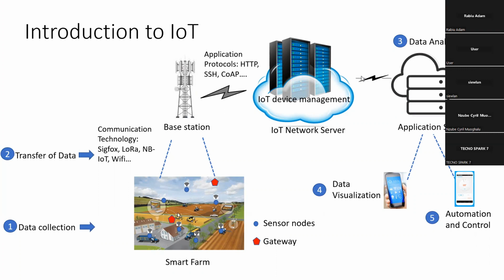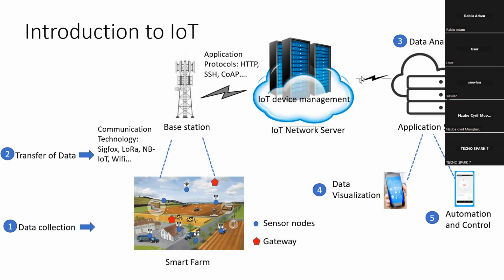You collect data from your farm, then you transfer your data using any of the communication technologies. We have things like Sigfox, Wi-Fi, narrowband IoT, or LoRa. You can set up any of these communication technologies to send the data from your farm straight to the cloud. You use internet protocols, things like HTTP, SSH, and QoP, to manage your data and communication between your devices